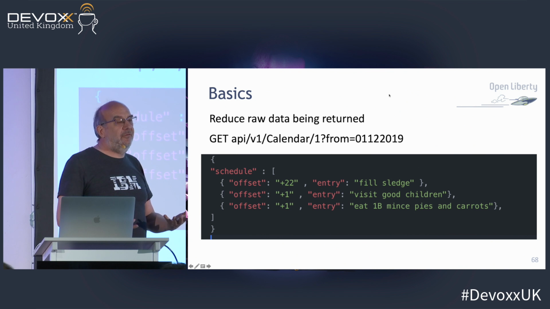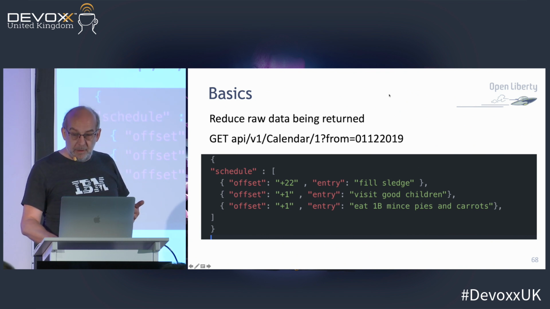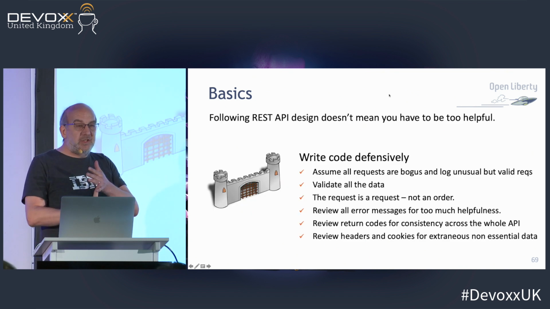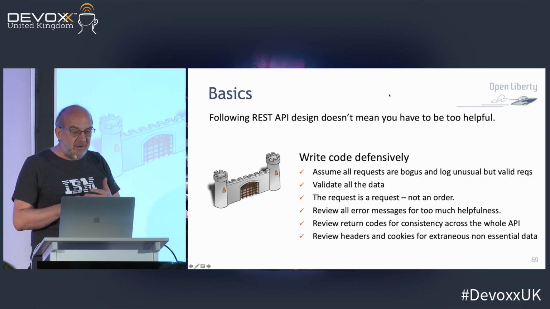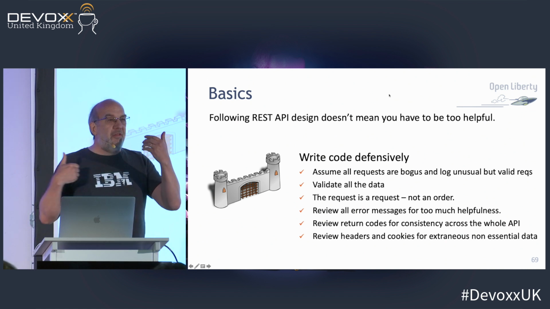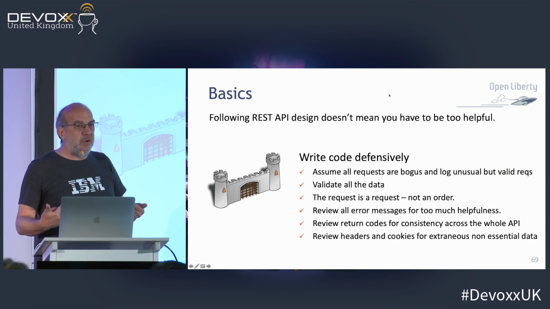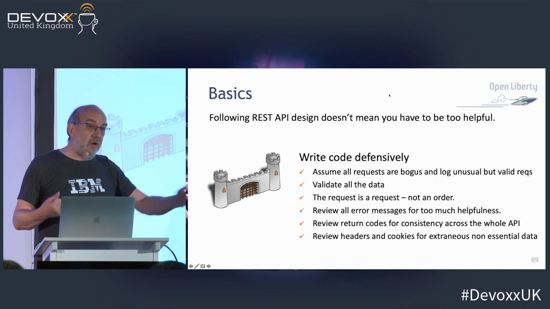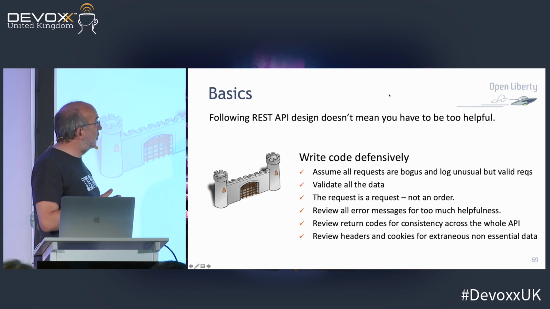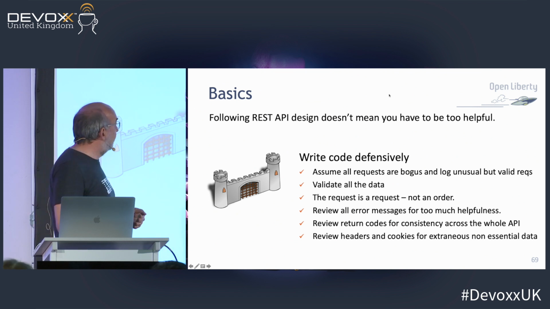You don't have to give out the simple stuff. So there's a whole bunch of stuff about writing code defensively. Start thinking about the fact that the guy who's calling you could be doing it maliciously, rather than assuming that it's some nice developer that you know down the road who is just going to do it for fun, do it right. No, think bad thoughts.